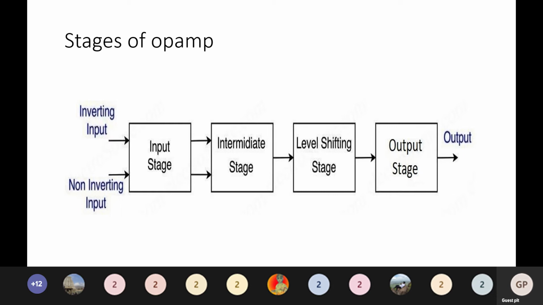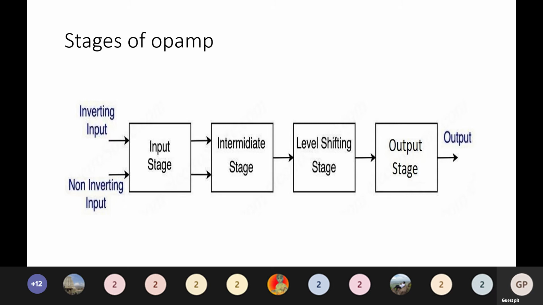Normally, we don't do this. Whenever we go in for cascading amplifier stages, we always put a coupling capacitor. The reason is we want to block the DC and we want to amplify only the AC part, right? But here we'll not do that, since we want to use the op-amp for amplifying DC as well as AC, right? So it should work well for both DC as well as AC. If that is the case, we are not supposed to block the DC, and therefore will not use any coupling capacitor, right? And of course, it will occupy large space also.